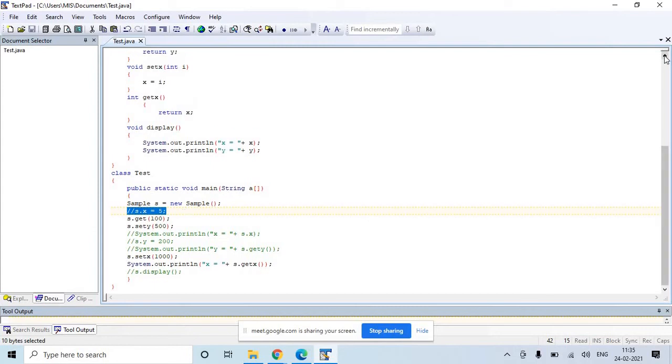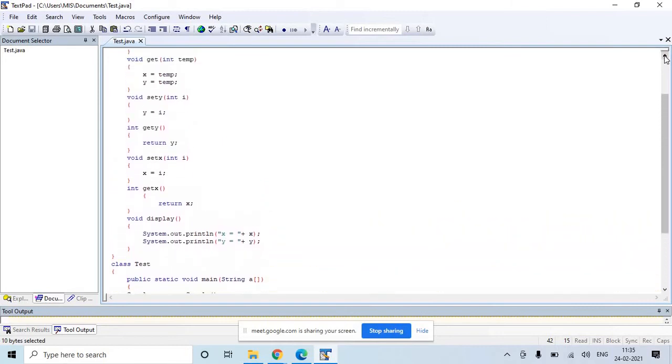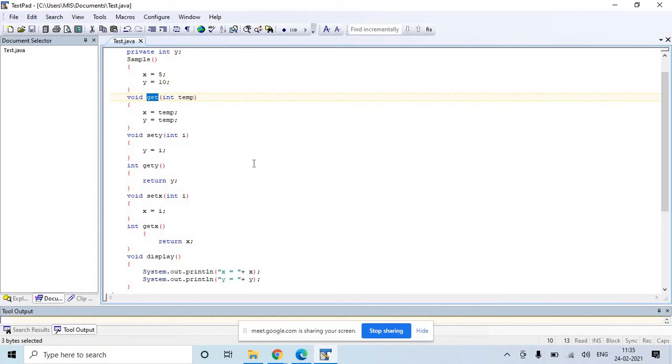Understood? Sir, can't both be in the same function? Can't both declaration and return be in the same function? It can be. See, this is the same function we have. I mean, let's name it set xy. So the user will supply one value and the same value will be given to X and the same value will be given to Y. This is the set xy function. So if you want the user to give two values, int temp1 comma int temp2, the user will supply two values and the first value will be used to initialize X, the second value will be used to initialize Y.